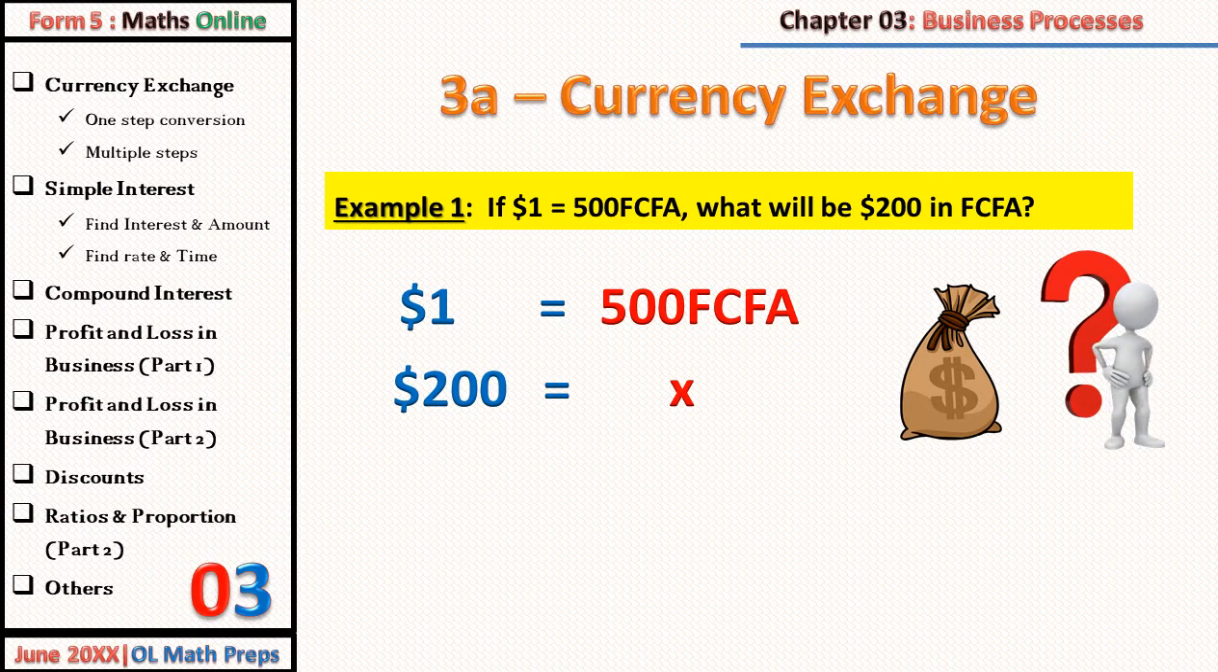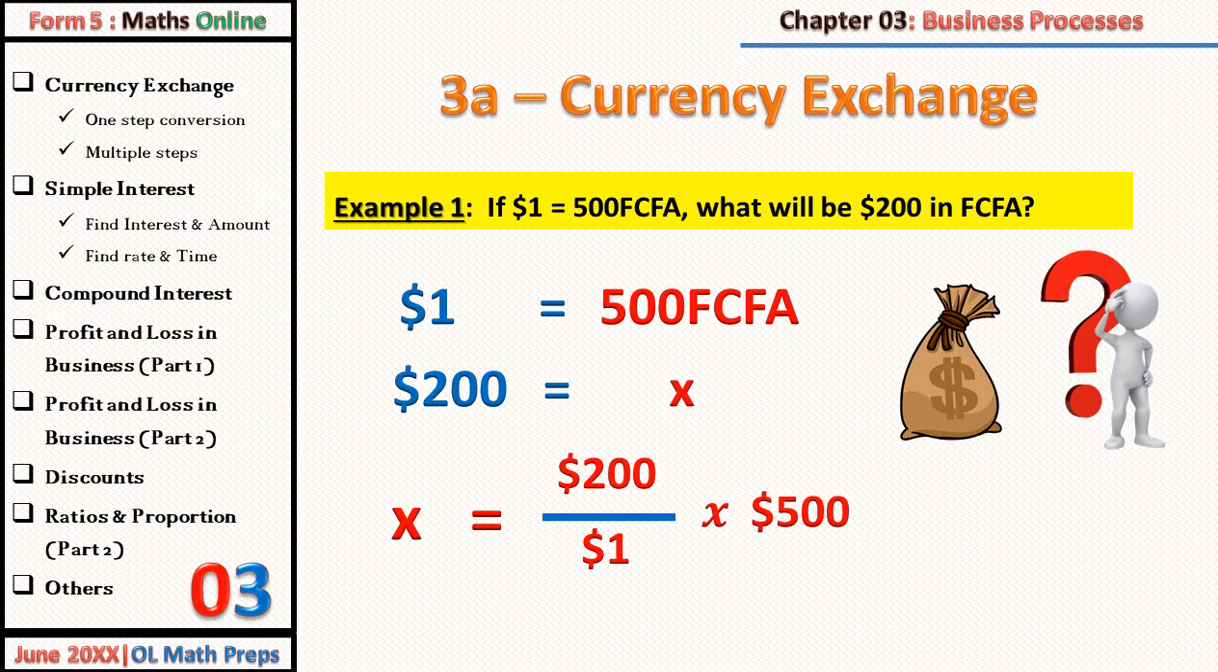From here, we can obtain the value of X by cross multiplying, and X will be equal to $200 divided by $1 times 500 FCFA, or you can say $200 times 500 FCFA divided by $1, and that will give us 100,000 FCFA. Another example,